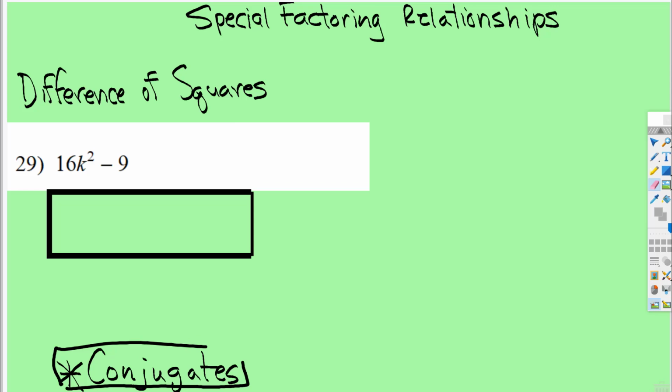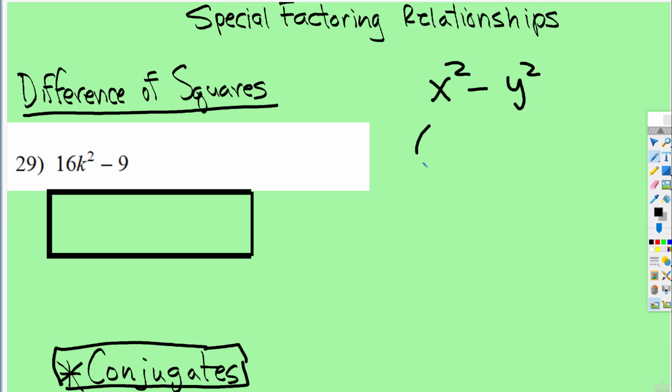Okay, now we're going to factor quadratics that have special relationships. The first one is a difference of squares, and what happens is it forms two binomials that are conjugates of each other. This is what I mean. So if you have the first term squared and the second term squared, when you factor it, you take the square root of the first term, which is x, and that's x times x, x squared,